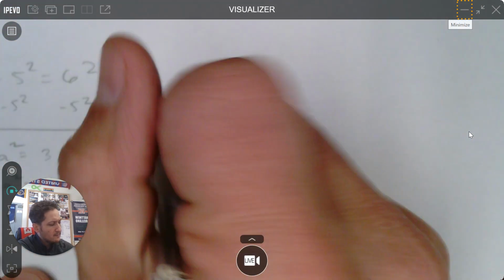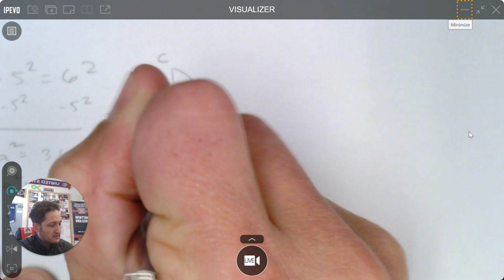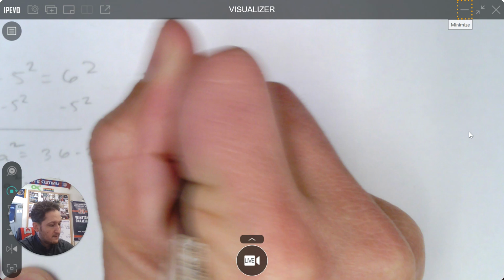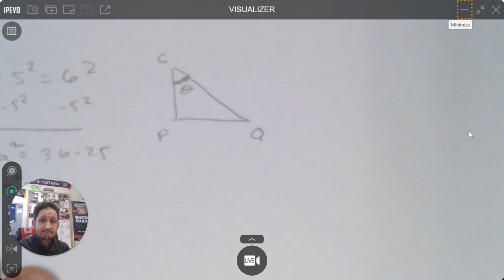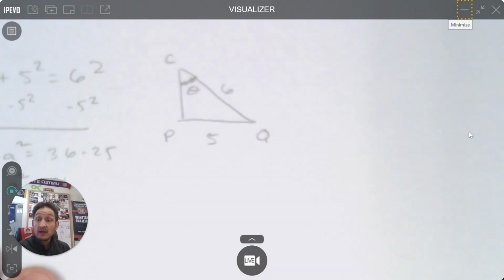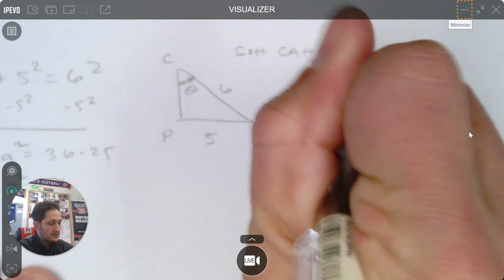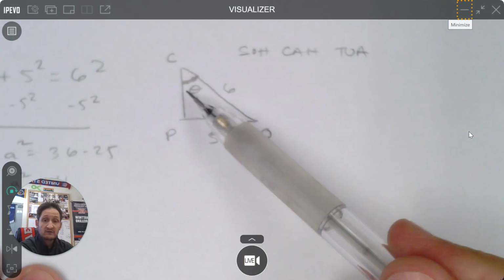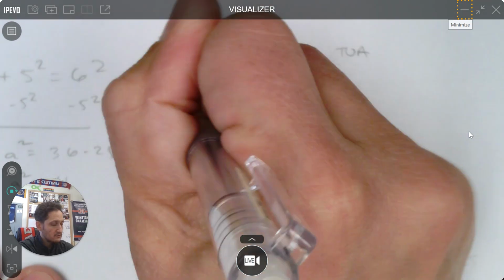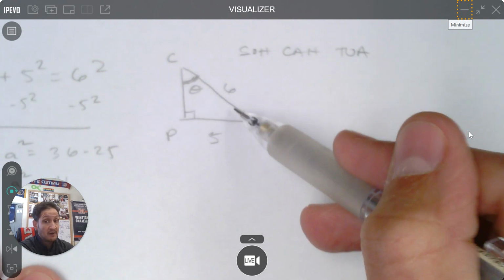CPQ. I'm asked for this angle. We'll call that theta. I'm told I have 5. I'm told I have 6. SOHCAHTOA trig, everyone, is back. Okay, that's my angle. With respect to my angle, I know the opposite leg. The opposite leg is 5. The hypotenuse is 6. Opposite, hypotenuse,